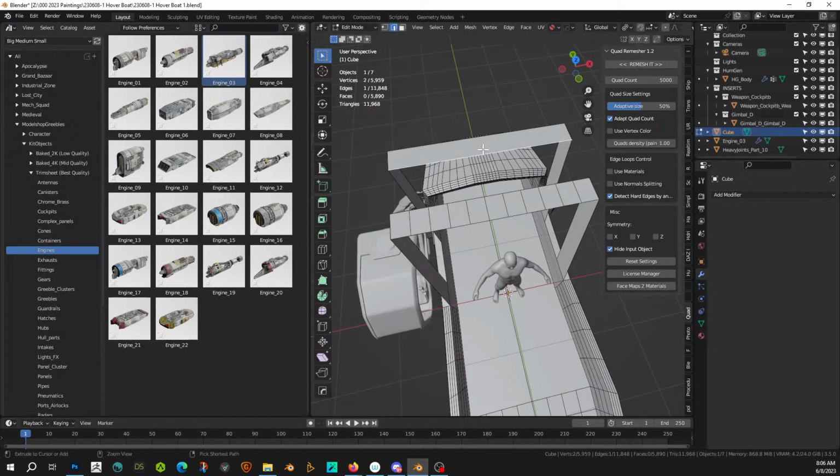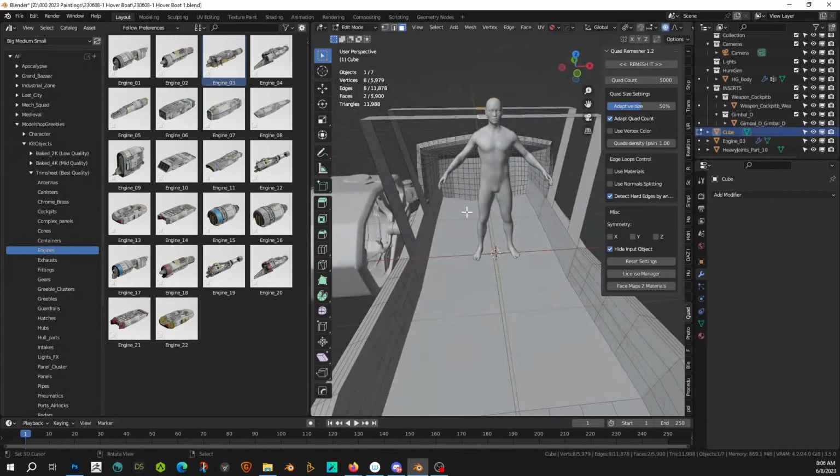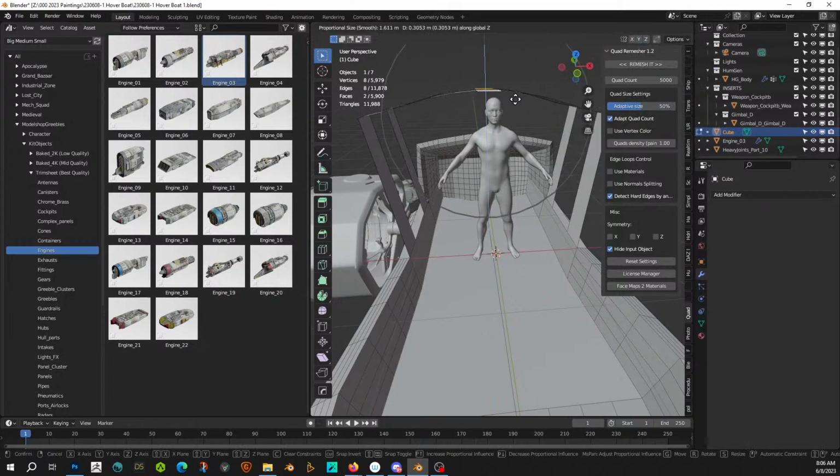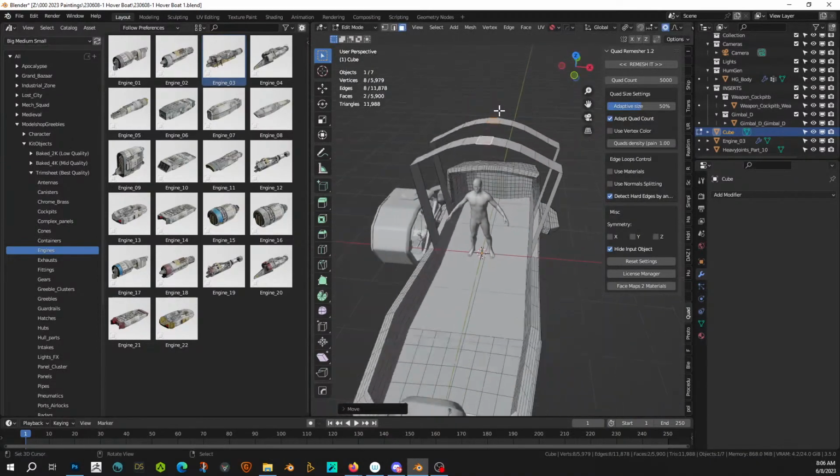And same here, Control R, 10. Now, if we select this innermost face, O, and we have proportional on, let's make sure connected, GC. Something like that. Okay,